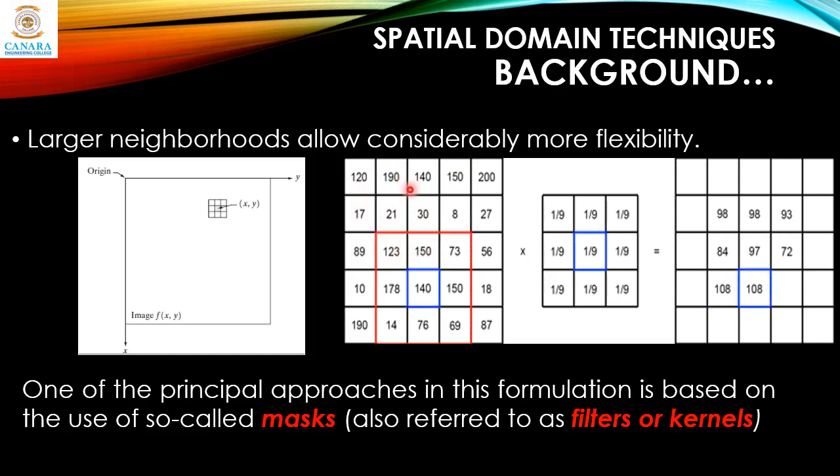All these pixel values will be added up and divided by 9. So whatever average we get will replace this 21 here. In this case the average will be 98. So this 21 in the original image will become 98 in the output image. This is how a simple averaging mask works, and this is a low pass filter, or it makes the image look a bit blurry. It removes the noise, but it makes the image look a little bit blurred. We'll consider more examples later. This is just an introduction part.